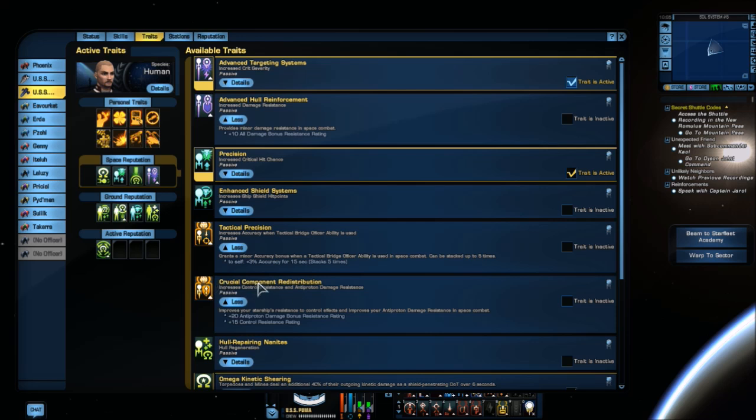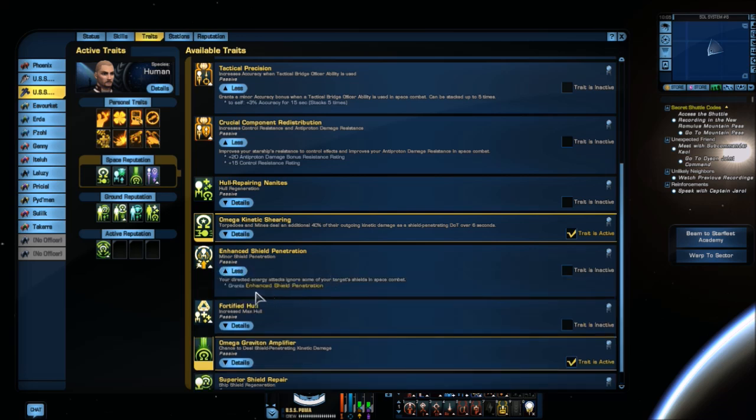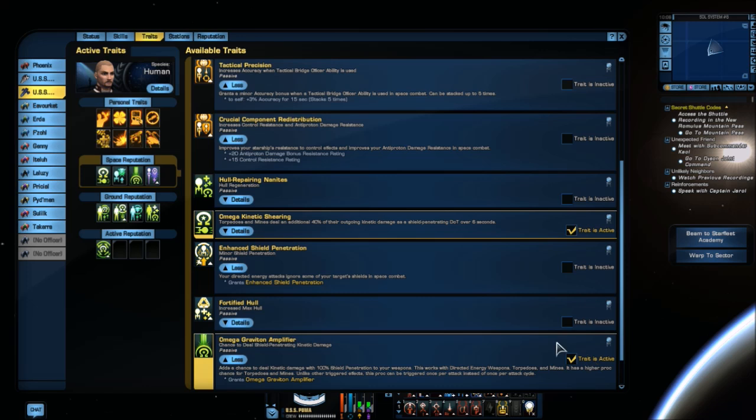In this case, because I'm not using anti-proton weapons, it's not going to work for me. So let's see here. Enhanced shield penetration. Ooh, this sounds good. Grants enhanced shield penetration. I like that actually. So let's change that one for this one,